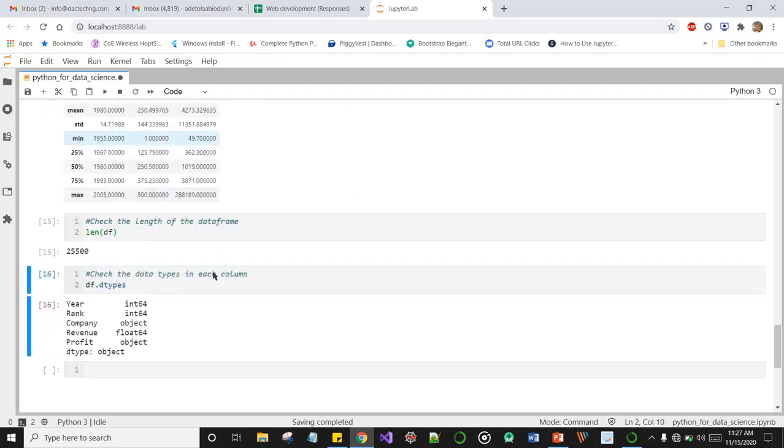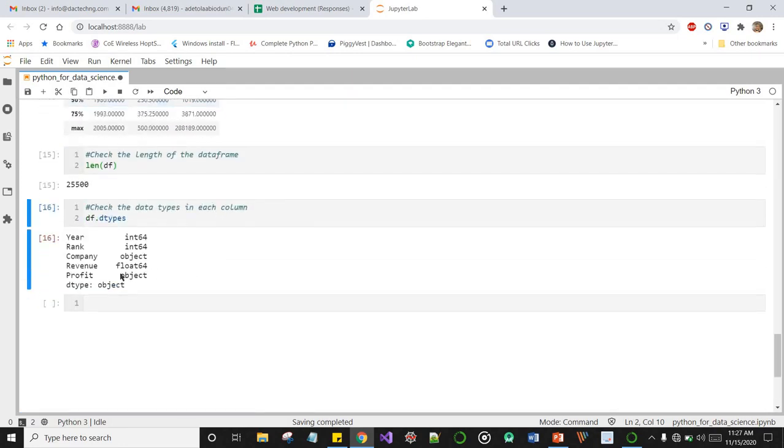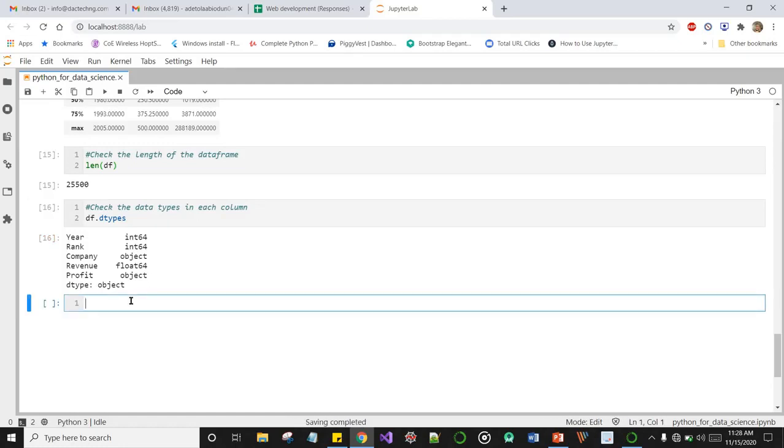So why is the data type of our profit column returning an object? It means there are some values in our profit column that are strings. They are not integers, so we have to fish them out, and we have to clean them out of the data so it doesn't affect our analysis.